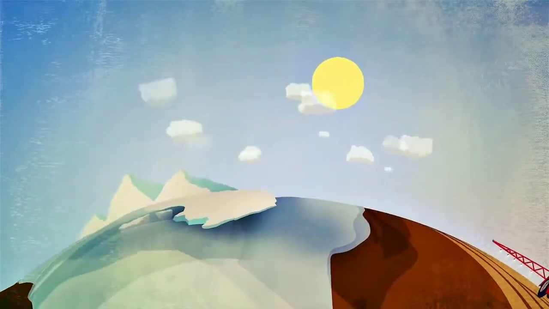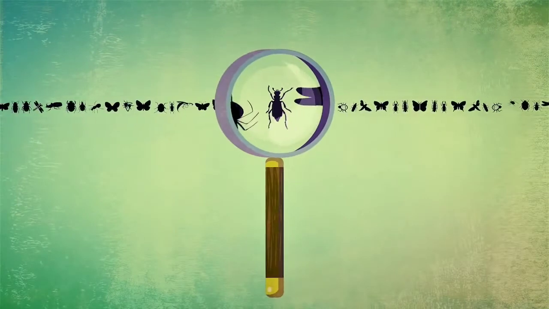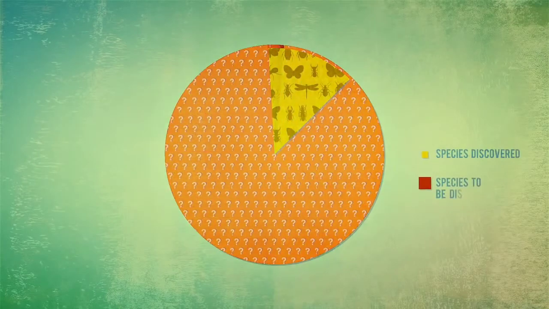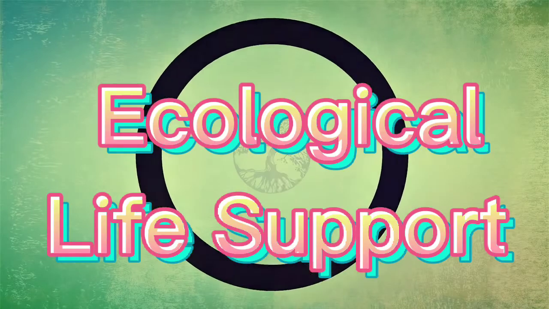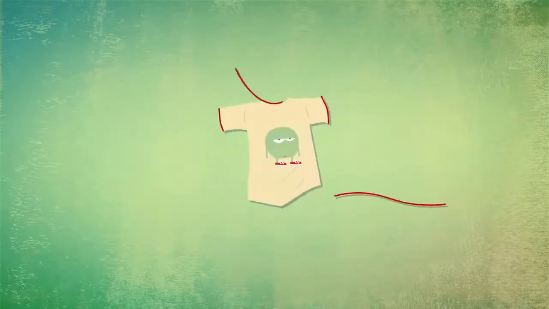Economic. Humans rely on biodiversity for raw resources, for use and industry. Biodiversity is essential to many livelihoods, including that of farmers, fishermen, and forest workers. Ecological life support. Biodiversity supports ecosystems that offer oxygen, clean air and water, plant pollination, pest control, wastewater treatment, and a variety of other ecosystem services.